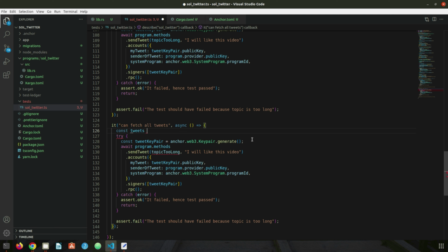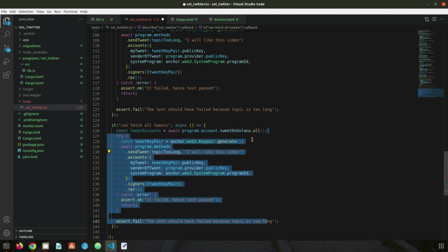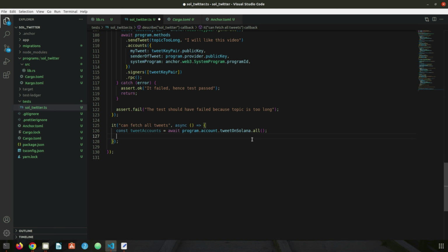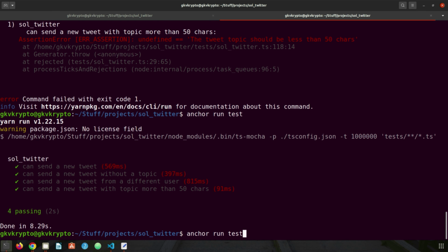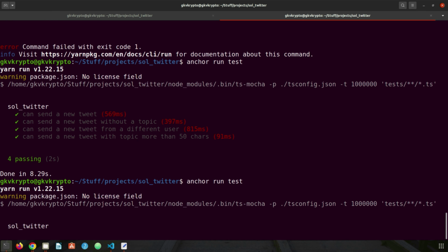tweet accounts equals await program.account.tweet.all. This should fetch everything for us from the blockchain. We'll just log it to the console. Okay, going back and running anchor run test,